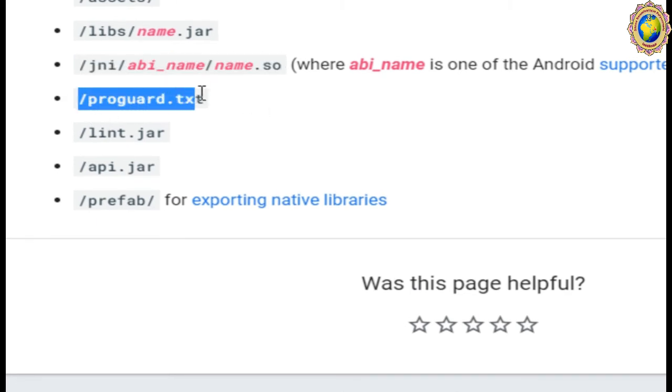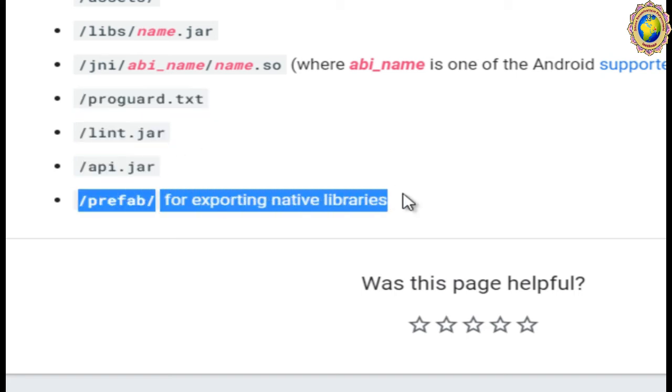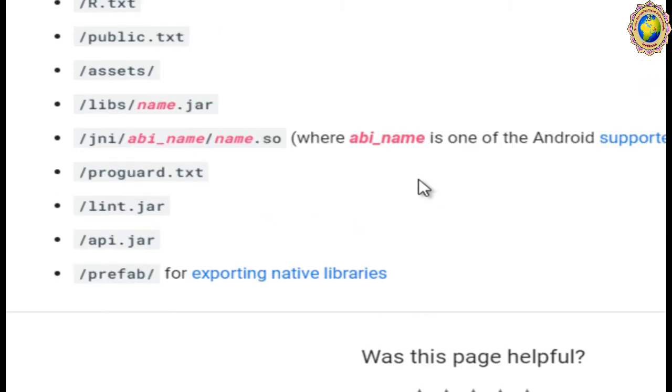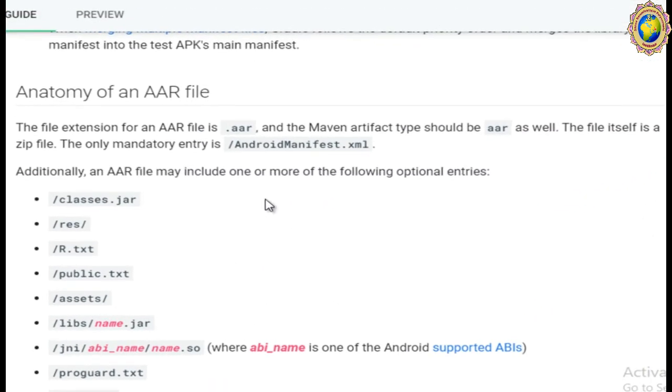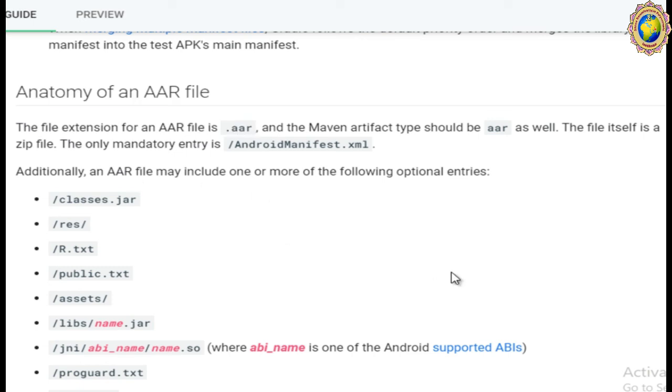Then proguard.txt, then lint.jar, then api.jar, then prefab for exporting the native libraries. So these are mainly the files which are included in the R file, right?